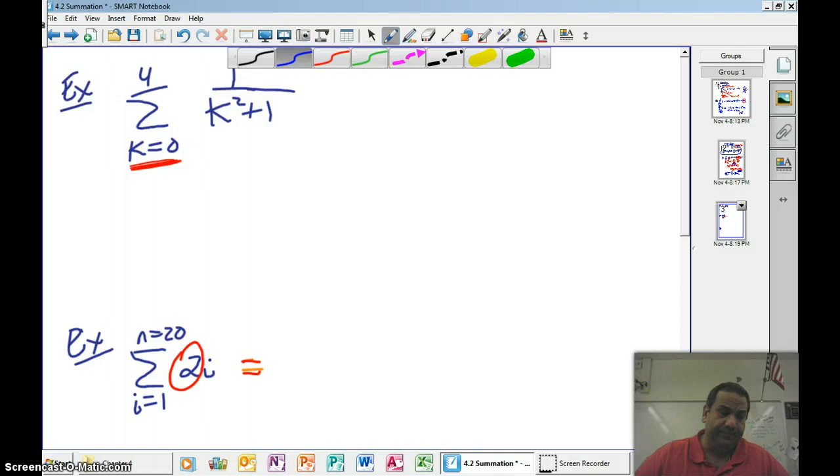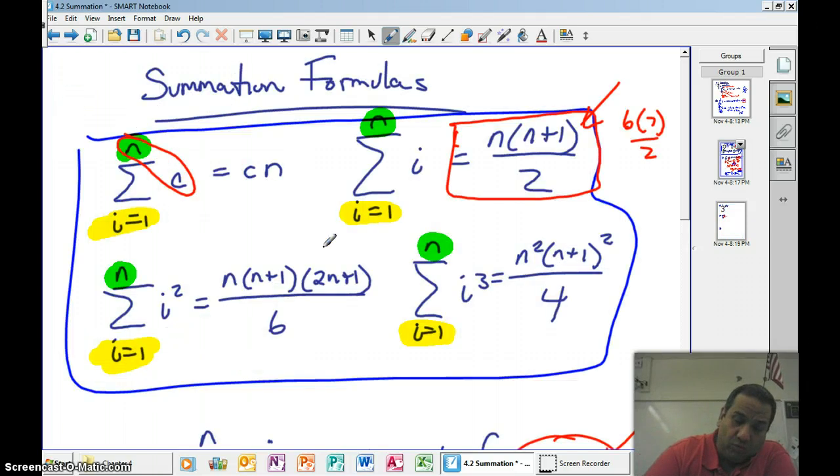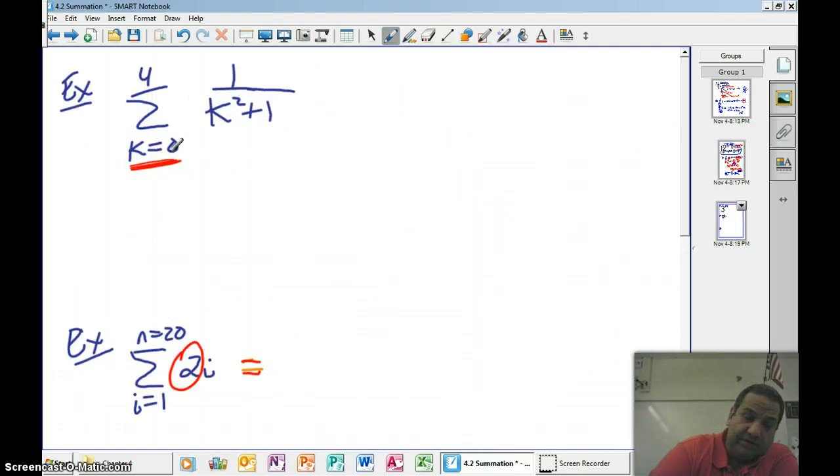Let's do a few more. I got some k's involved. Okay, our first problem here is that this is at 0. So none of those other methods, these formulas up here, always start at 1. So when this starts at 0, I have to go through it. It's going to be equal to 1 over 1 when k is 0, plus 1 over 5, plus,